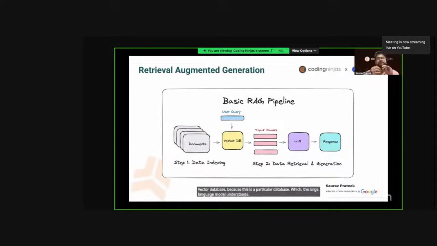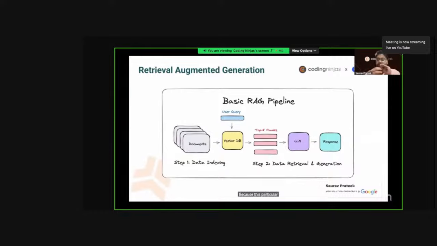Okay. Now this RAG pipeline is divided into two steps. The first one is data indexing, where when you ask a question on the basis of these documents or knowledge base, the first thing that happens is that we get the relevant document chunks from the vector database for that particular user query. Now, when I say relevant chunks of documents or top K chunks of documents, I mean those documents where the probability of answering the user query is very high,